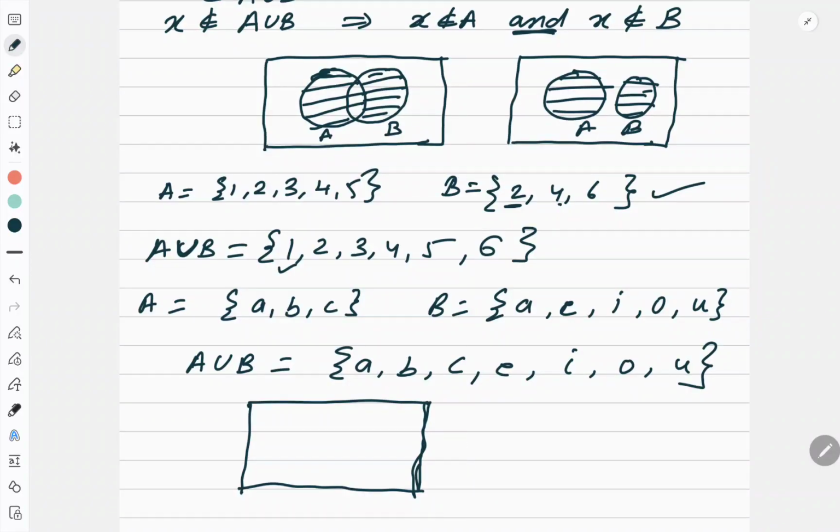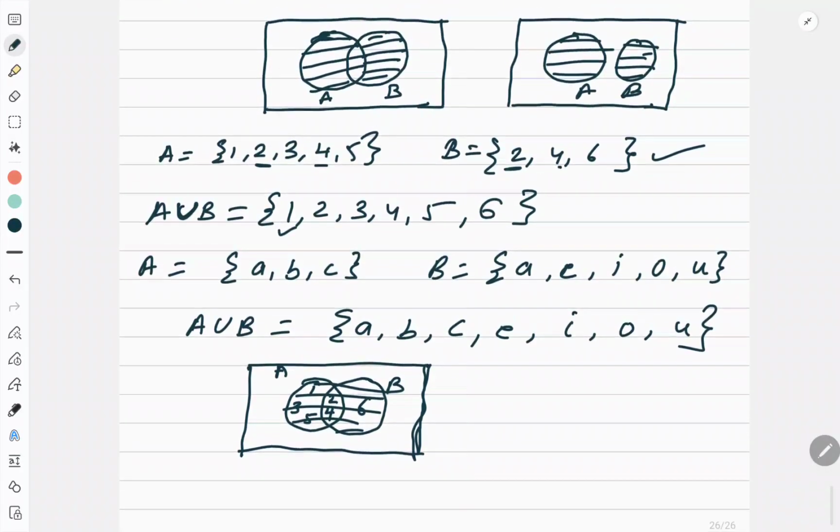Now I have A and B, correct? So first, always when you are drawing, just check, do they have anything common? Yes, 2 and 4 are common. So remember that they are not disjoint. They are meeting like this. Okay. And in this common portion, you have to place 2 and 4 because 2 and 4 are in both the sets. Here it is B. And if you want to draw the A, it will have 2 already written, 4 already written. So 1, 3, 5. So here this is A union B. Correct? All elements coming together.